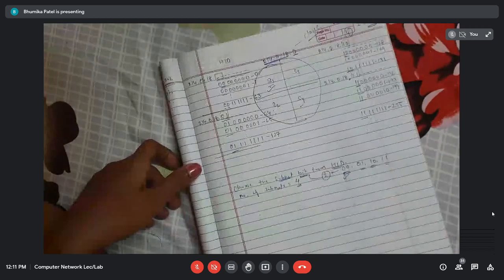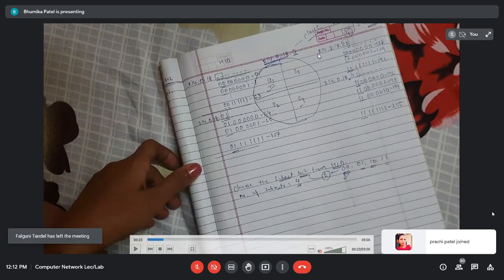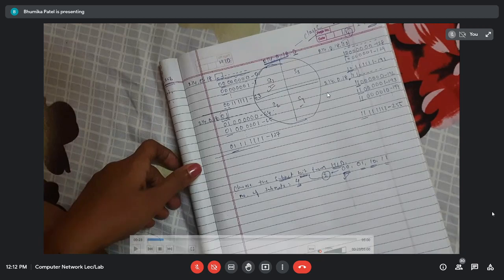Do you all understand how to find the range? Okay, if you don't want to do it this way, you can directly identify that it is class C. So in total we have 2 raised to 8, that is 8 bits for the host ID. So 2 raised to 8 is 256. 256 divided by 4 is obviously 64. That means each subnet is going to have 64 IP addresses. Subnet 1 will have 0 to 63. The remaining, 64 to 127, belongs to subnet 2. Likewise for subnet 3 and subnet 4.